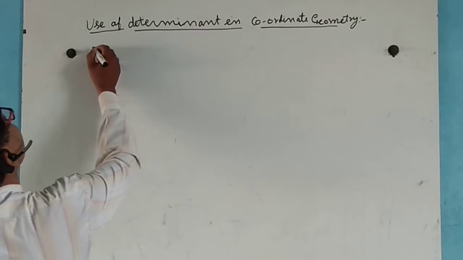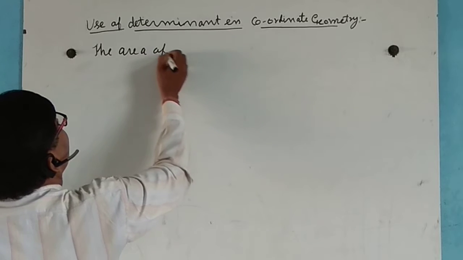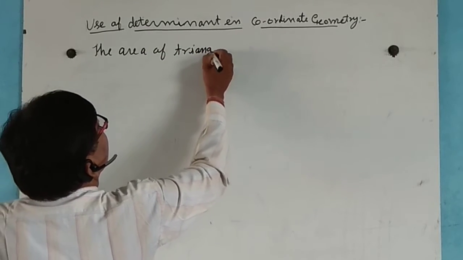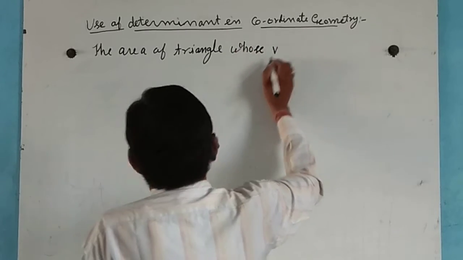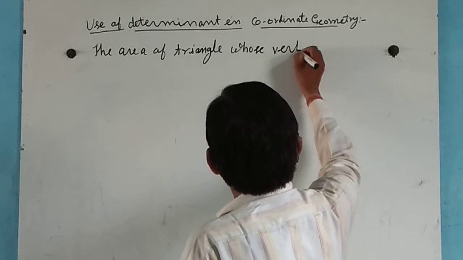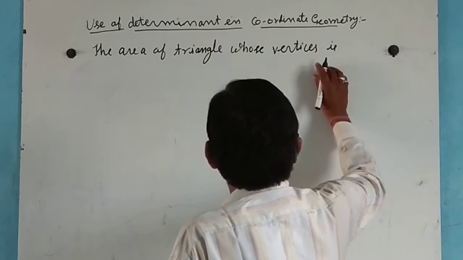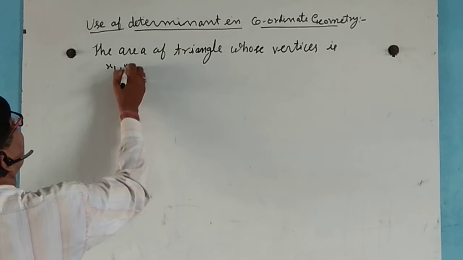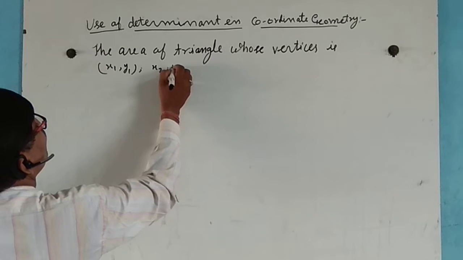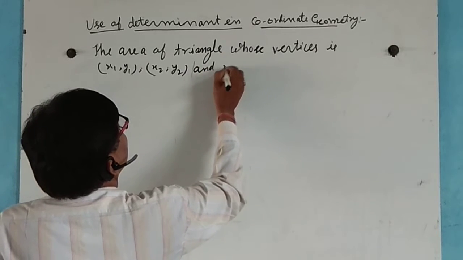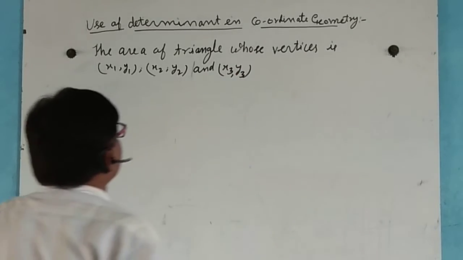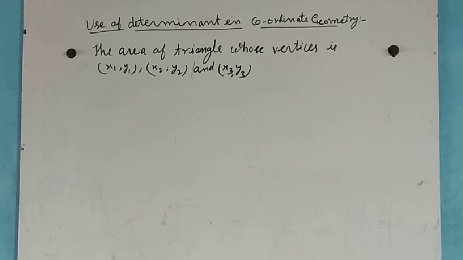The area of a triangle whose vertices are (x1, y1), (x2, y2) and (x3, y3) is